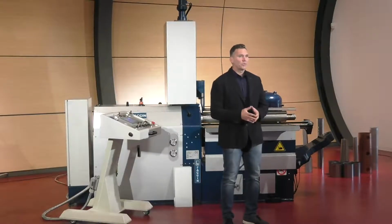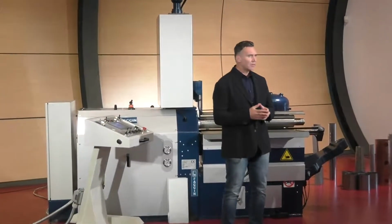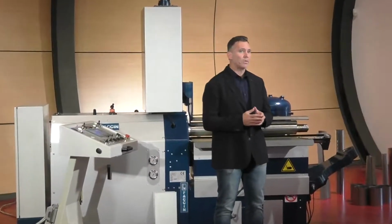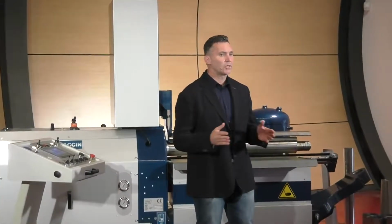Today I would like to present to you one of those metal forming machines, FACCIN's 2-rolls plate bending machine that guarantees the maximum quality and productivity. The model is called HCU 1050/3. This machine is specifically designed for customers who are mainly looking for three key features when investing in plate rolls: